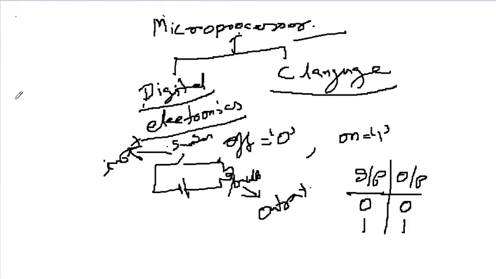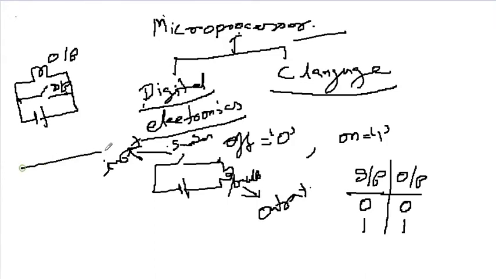But now let us take another example. The switch is like this and the bulb is like this, a parallel connection, with the bulb here, battery, bulb and switch. So this is my output, this is my input, and this is the battery. If you consider this, let me make the table again. I give input and output here.